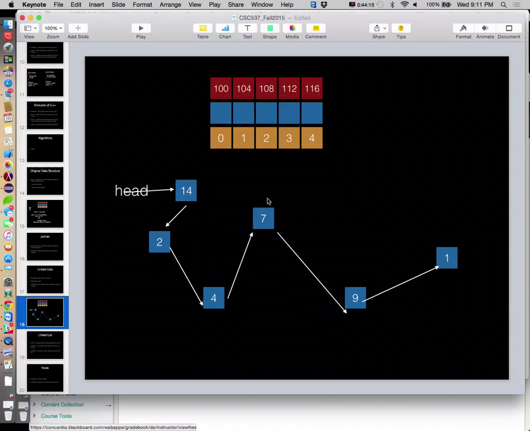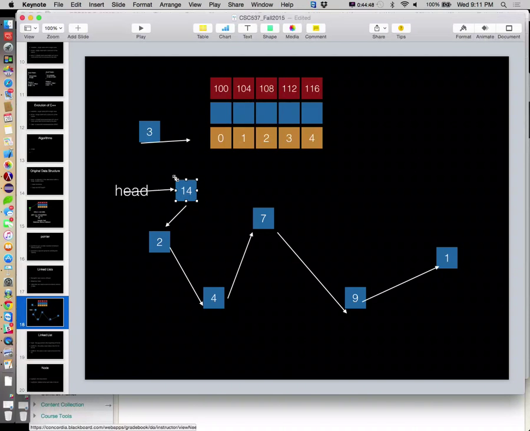So I start here. If I'm saying I want to add a brand new node, so let's add a 3. So I'm going to create a new node I want to add to the end. All right, so we'll create that node. He currently has a next node that points to null. Okay, so he points nowhere right now. So that's this guy. This is n. All right. Now we need to traverse our list, starting at head until we get to the end of our list. All right. So we start at head, so we're pointing right here.